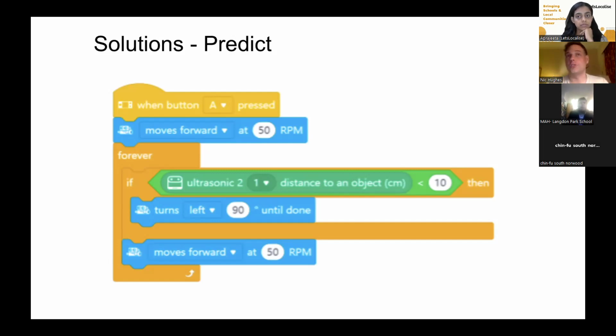You don't want the wheels to start moving, because often you might download this program. If you're not using the Bluetooth, you need to plug it in and download all the stuff to the robot, and so therefore you do need a button input. So once you put it down, push a button and it will start. And this is basically saying start moving.